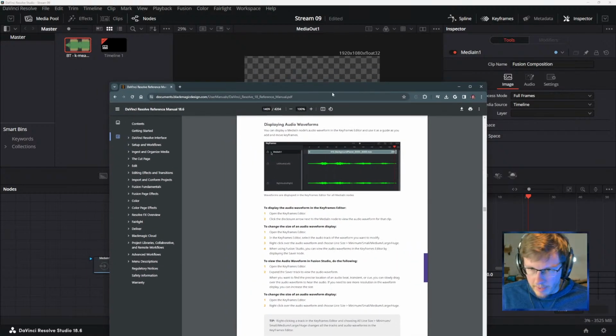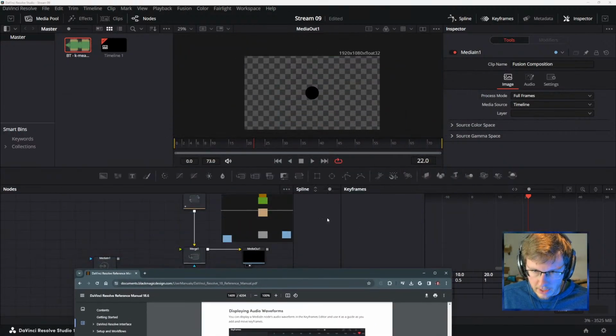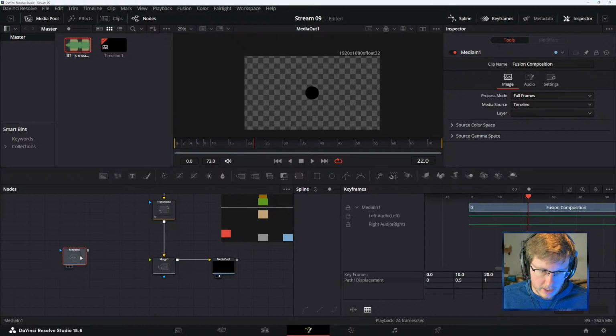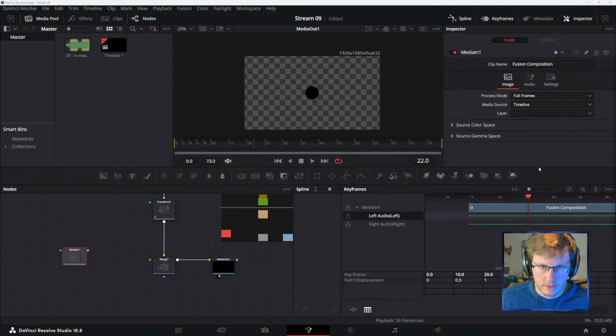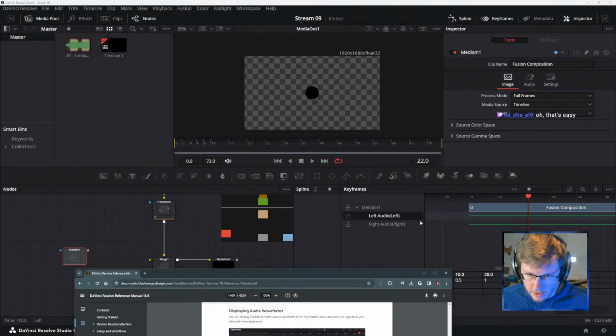So if the clip has audio, it's as simple as just selecting the media in from here. And it will show up in this section here. So if we've got some footage here with audio, you can just display it here.